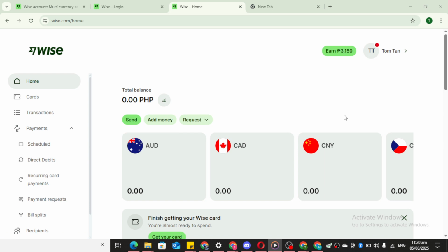First, you'll need to open up the Wise platform. You can do this through their website or the app, depending on where you prefer to manage your account. Once you're there, make sure to log in using your current account details. It's important to start from a point where you're fully authenticated, as this ensures you have complete access to all